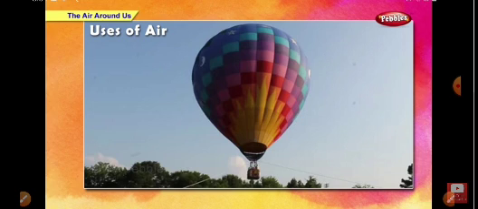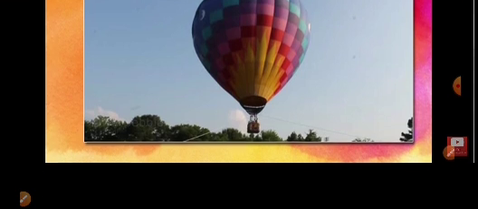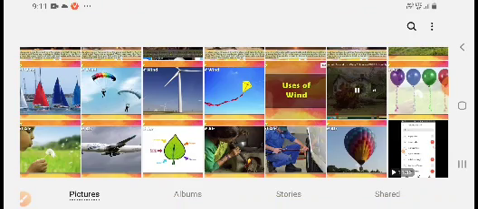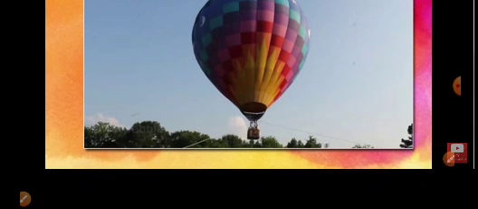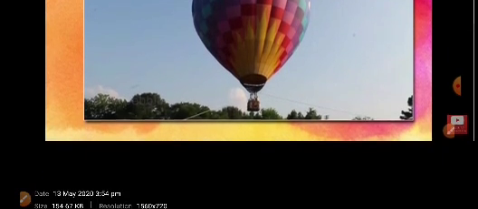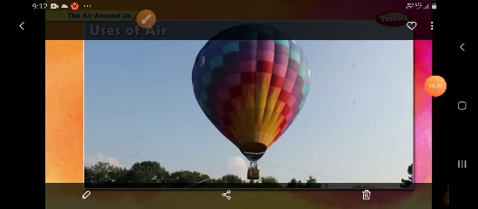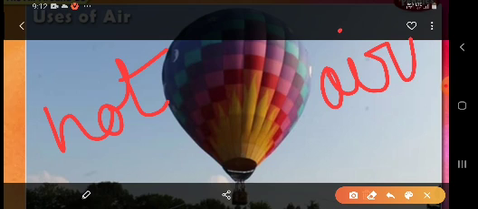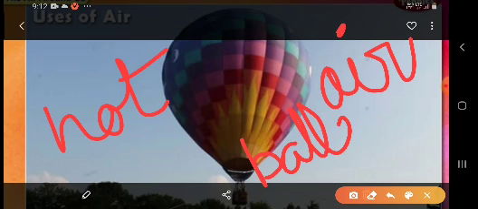So, children, here in the picture, this hot air balloon flies only because of the presence of air. So children, it is one of the uses of the air. Next one,